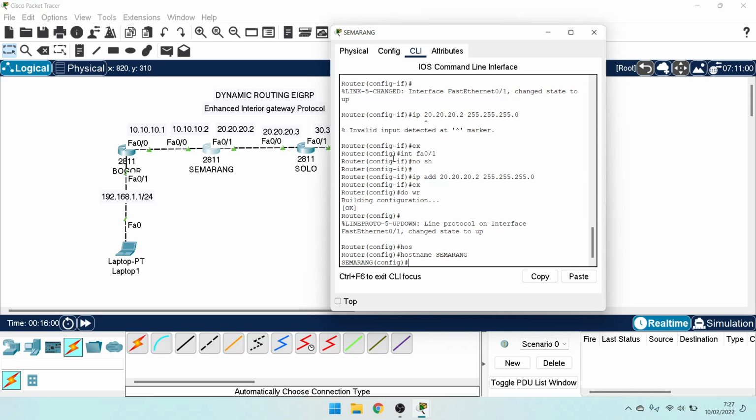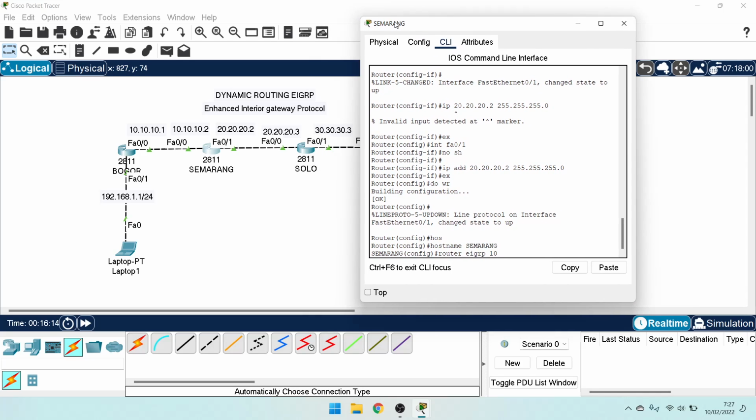Next, configure in router Semarang. Router EIGRP 10, the same AS number as in router Bogor. Why the same? Because if not the same, it is not successful in router EIGRP.